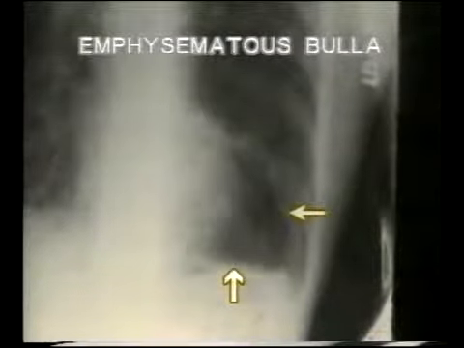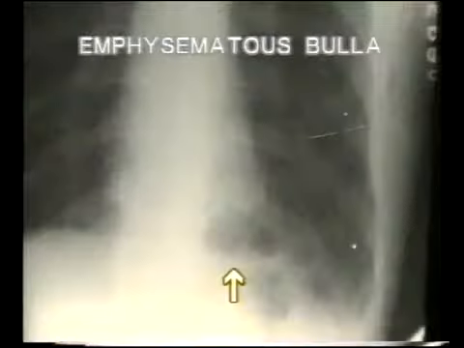Another feature of emphysema is formation of emphysematous bullae. A bulla is seen as a hypertranslucent shadow, just like a cavity, but with a very thin border, hardly noticeable on X-ray. Note the bulla in this X-ray in the left lower lobe, overlying the heart shadow partly. Note that it has no vascular markings and that it has a very thin border.